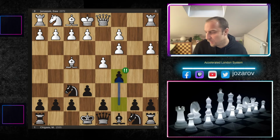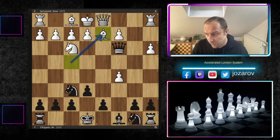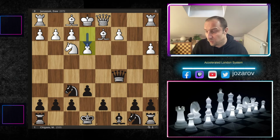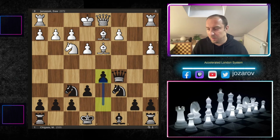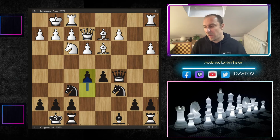After move c5, we have here Janaszak against Chigaev, Chigaev here with the black pieces. After move c5, he found the beautiful opportunity again with queen to a5. D takes c5 was played, now queen to c3, bishop to d2. Here Chigaev took both of these pawns, developed simply, played now d5, and has powerful control of the center with these two pawns. In the game, kingside castling was played, queen to e2, and now after move e5,